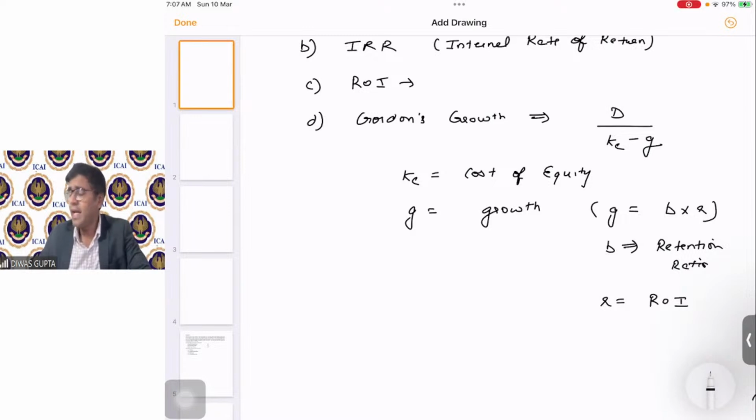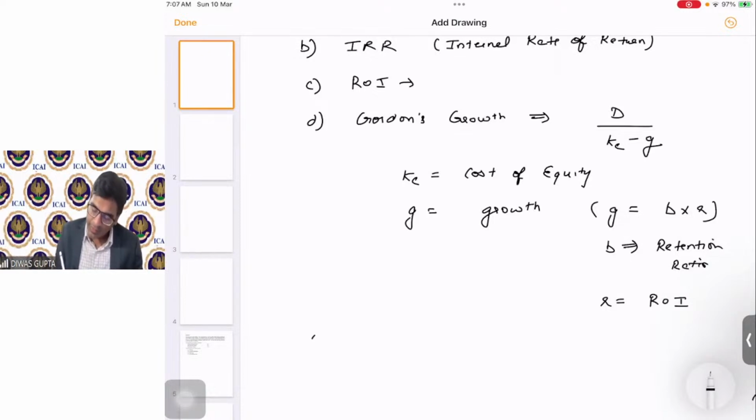Mansha asks whether NPV is better than IRR in maximizing the shareholder's wealth. Yes, Mansha. See, NPV has a different utility. NPV tells you that if it is positive, then you should accept. But on the other hand, if you have cost of equity and IRR, then if IRR is higher than cost of equity, only then should you accept. Those are the two different objectives of IRR and NPV.